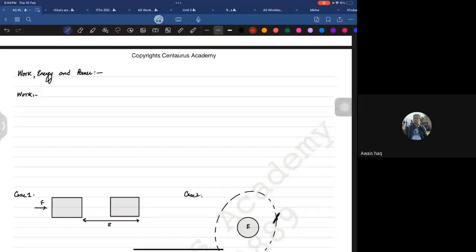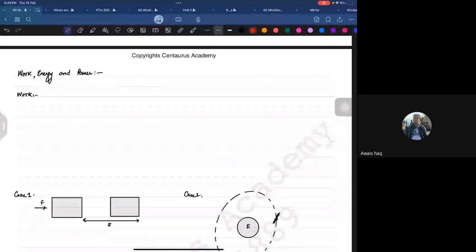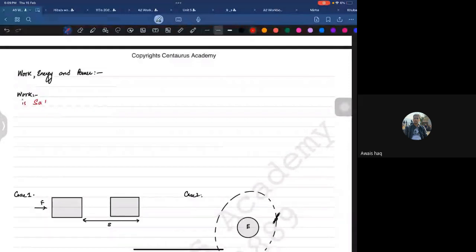Okay. So now we're going to start with the new topic today. It's basically called work, power, energy. Work's definition is that work is said to be done